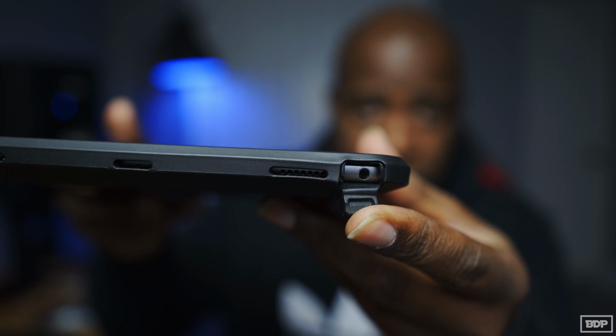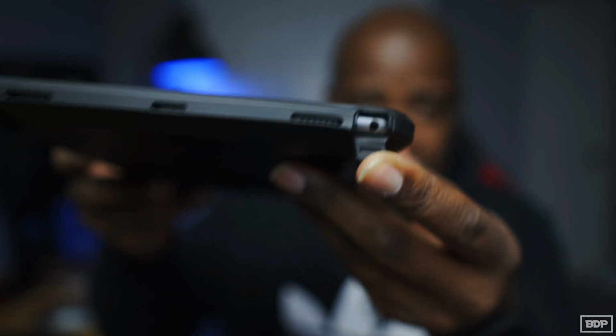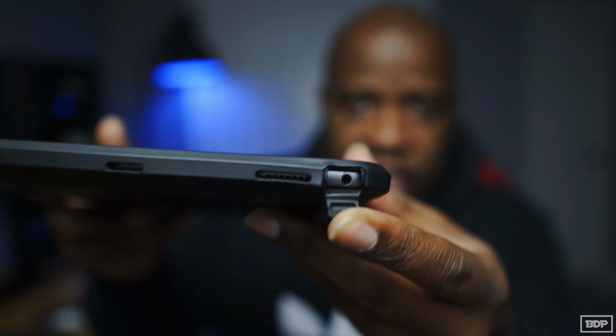This thing right here, if it shows up, this right here is one of the most important things to me: the headphone jack. Yes, the headphone jack. And some of y'all are probably saying, come on now, why is that so important? These new iPads are a little bit cheaper and you can just buy accessories for it. My thing is, if I want to be portable, I don't want to be buying so many